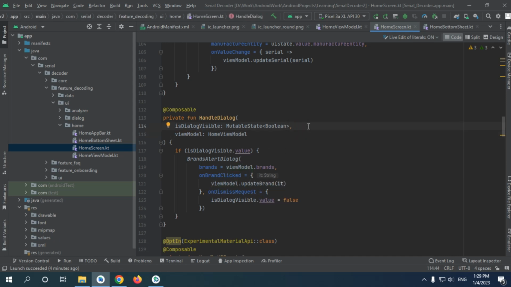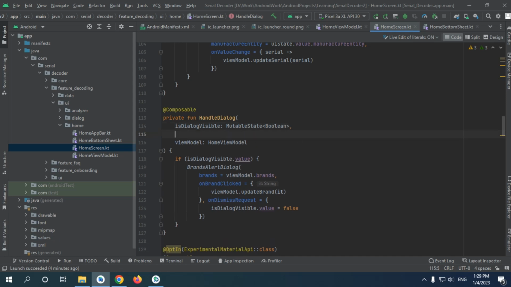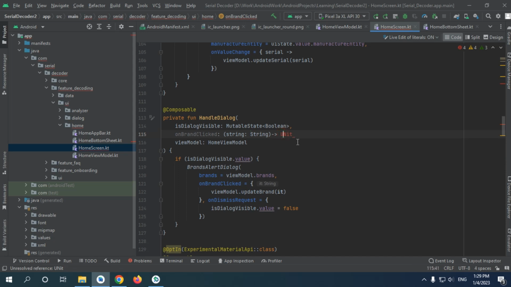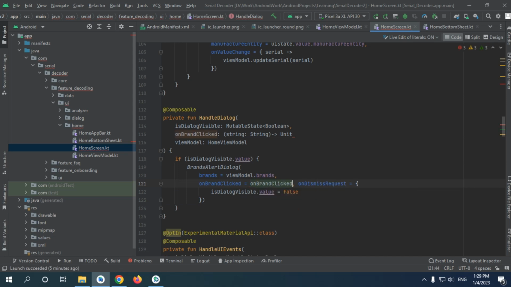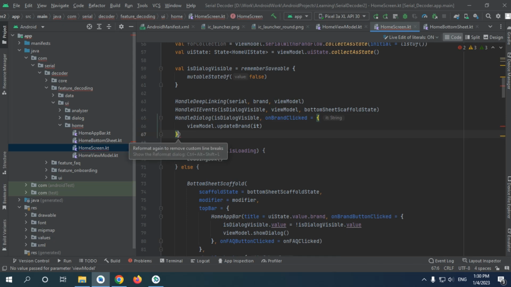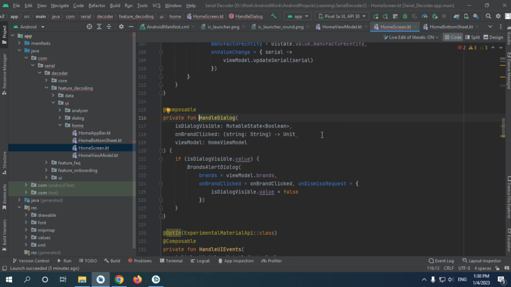Instead of on brand, instead of passing the view model, I will say on brand clicked, and it's gonna be string to unit, and I'll take this on brand clicked, and now instead of this one, I'll say on brand clicked. I'll just make it this way, and I will remove this view model,